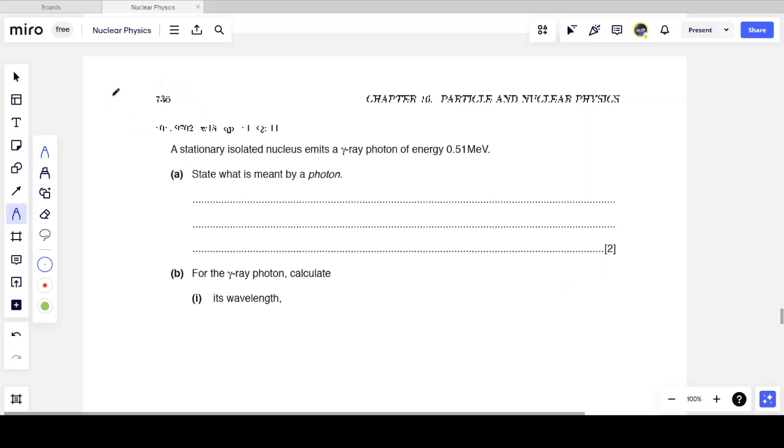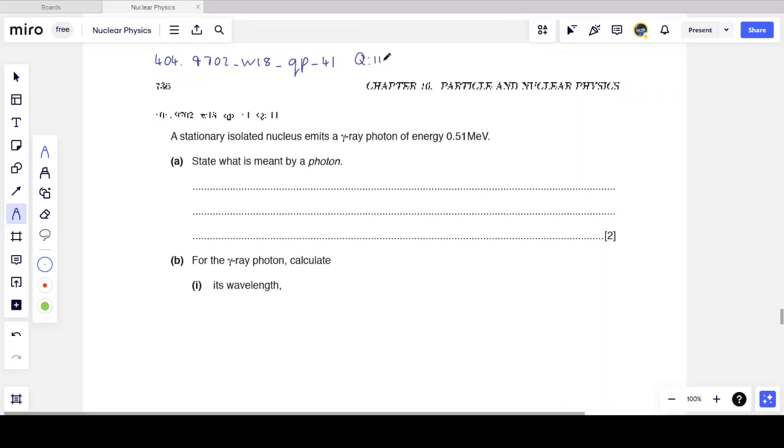Now the next question is question 404, and this is from the winter 2018 paper, specifically question paper 4.1, and this is question number 11 in that paper. We are told that a stationary isolated nucleus emits a gamma ray photon of energy 0.51 mega electron volts, and